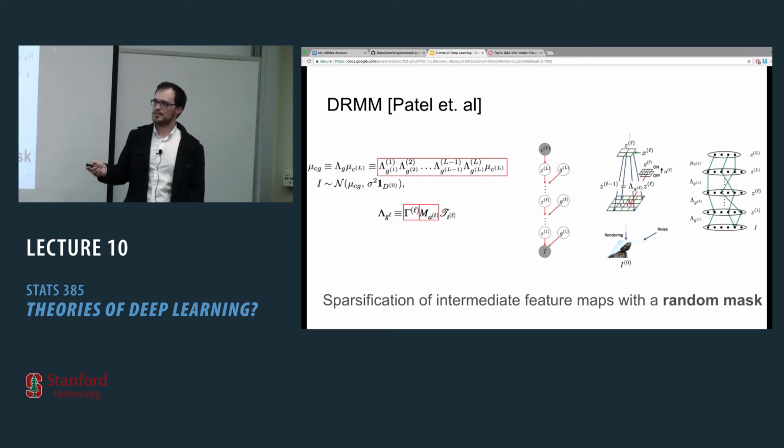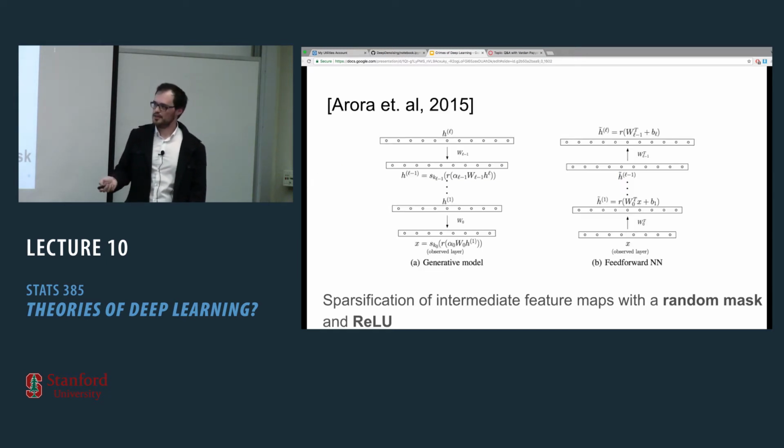So basically what he's doing is taking a vector, sparsifying it using a random mask, and then multiplying by a dictionary, then multiplying by another mask, multiplying by another dictionary. So he's obtaining the sparsification using a random mask. And there's actually a third work by Arora et al., who says, let's take a vector H, multiply it by a matrix W, and then apply both ReLU and a random mask. So he's applying both things.